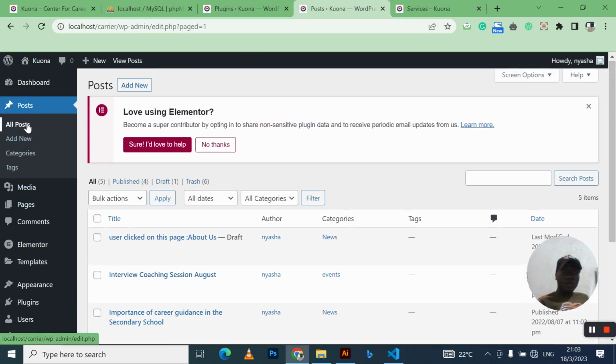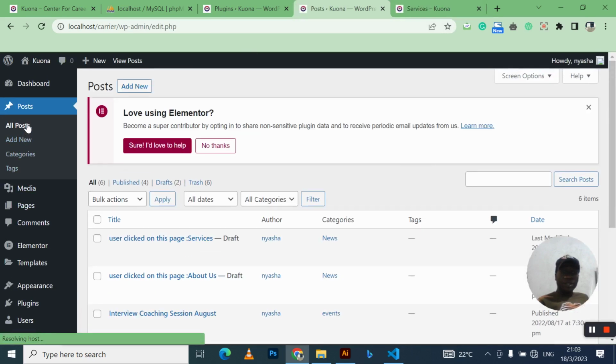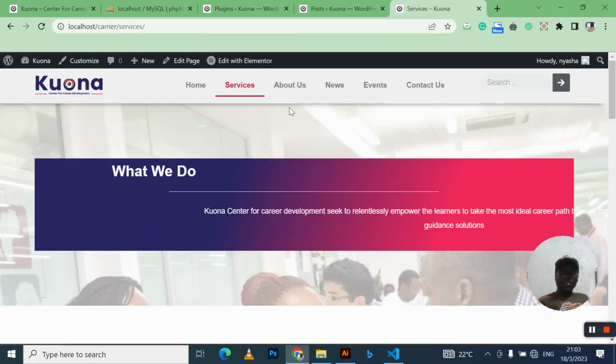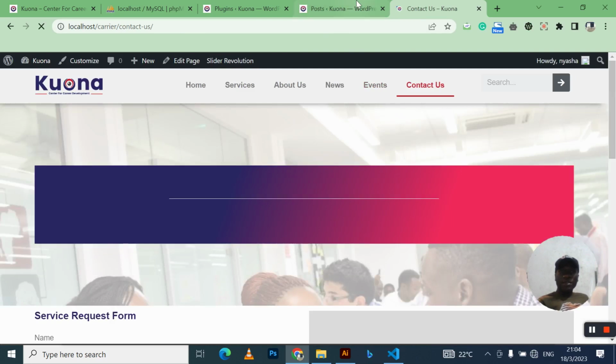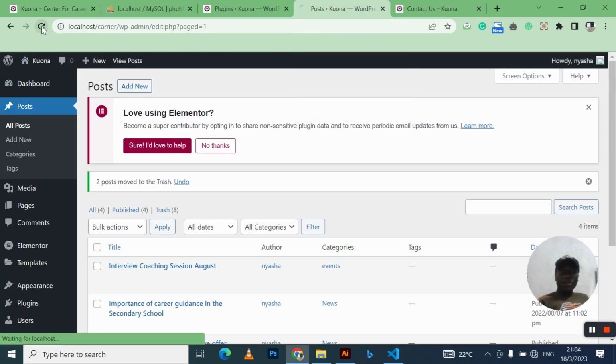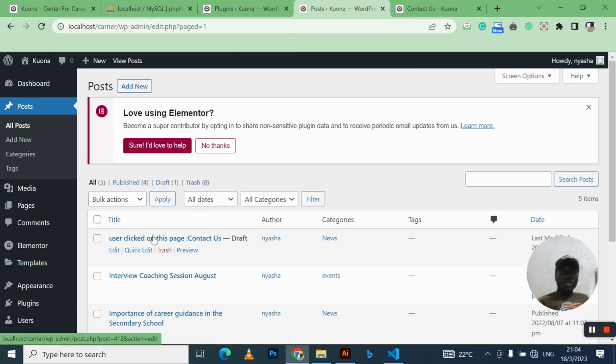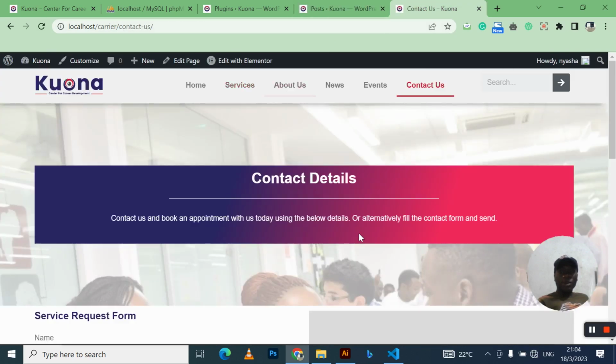This is our posts. We would like to see whether the user clicked on this page. Let me delete this one, move to trash and apply. All right, let us click on Contact Us, then go back. You can see here, user clicked on this page, contact us. So our plugin is working